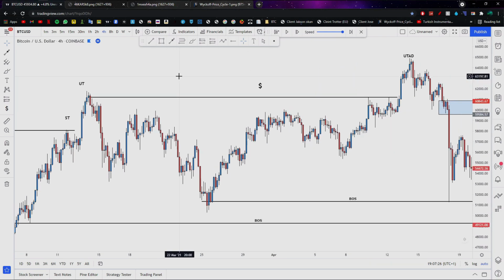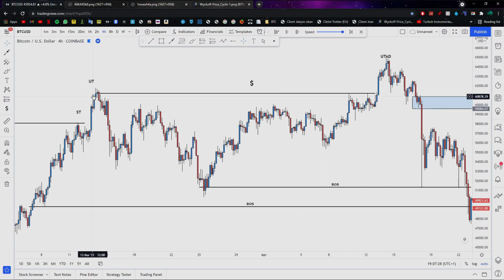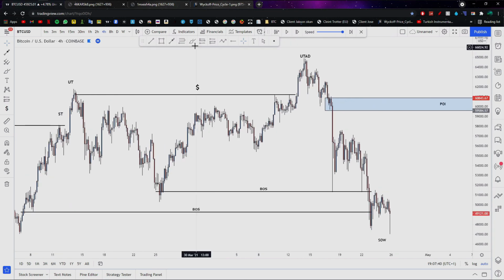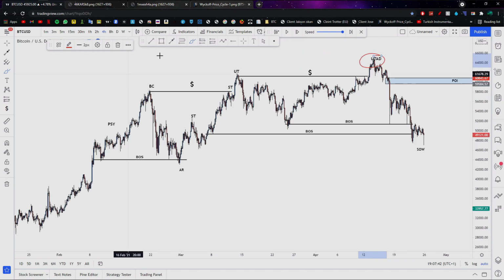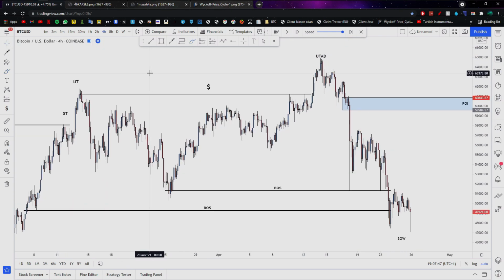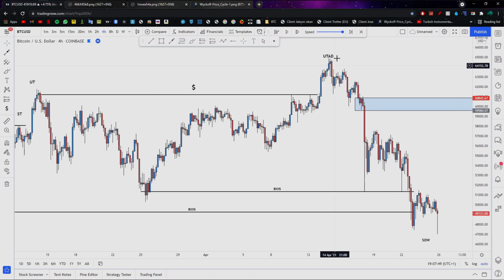And now if we move on to the UTAD, right? We see again at the upthrust, equal highs being created. Now this is a clear sign of market manipulation, right? Liquidity is being created only to be grabbed again. This is a clear sign of Wyckoff distribution, right? So we can now assume again that maybe 50 million has been placed out of the 100 million. And that is essentially what Wyckoff distribution is. Now, let's move on to the UTAD.